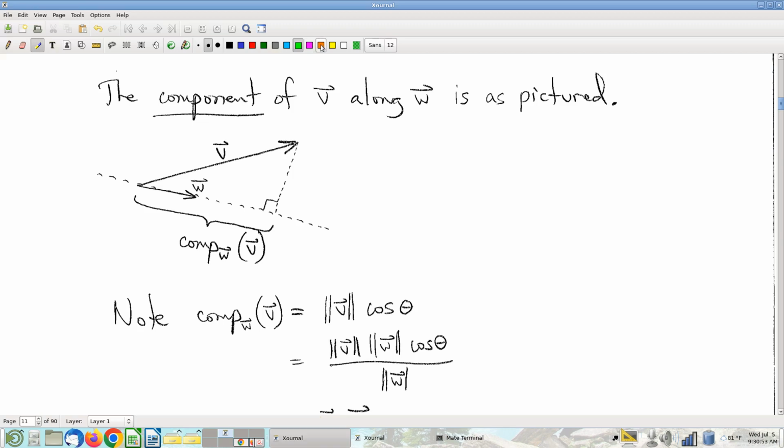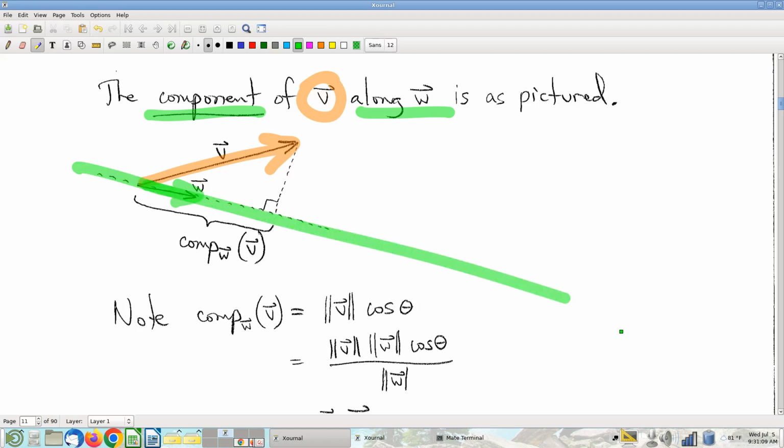Let's suppose you have a vector v, and we want to compute something called the component in the direction of the vector w. So w is a vector like this. w defines a direction, right? We're kind of interested in this v vector, but really, v is also kind of going off in other directions. I don't really care about all those other directions. I just want to know in the direction I care about, namely in the w direction, how far does v